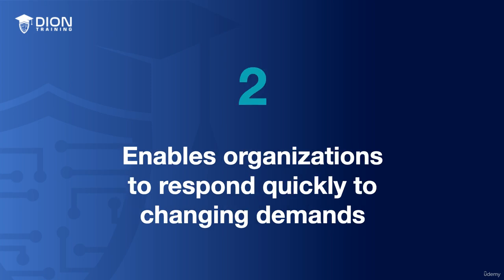Second, disposable resources allow organizations to react promptly to changing demands. In traditional on-premise deployments, organizations had to anticipate and allocate resources accordingly. However, with cloud computing, organizations can easily adjust their resources as required without any physical intervention. This gives organizations the ability to swiftly respond to shifting business needs, such as a surge in demand for an e-commerce provider's products that require additional computing resources.